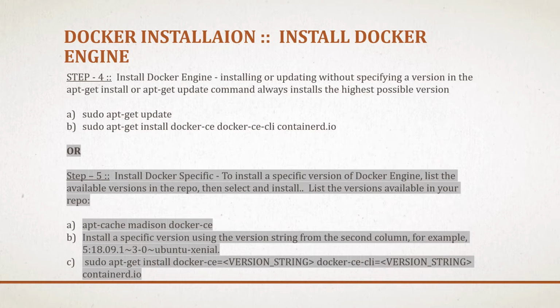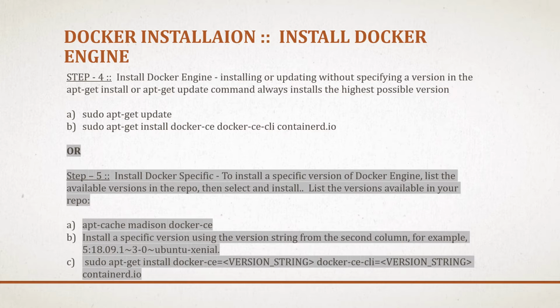And then we'll install Docker Engine. If we don't mention any version when we are installing Docker, then it will by default install the highest possible version which is available. So if you see here in A, we are updating the package index, and then we are getting the installation for docker-ce, docker-ce-cli, and containerd.io. These are all the highest possible versions that will be